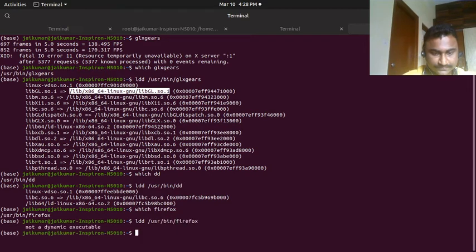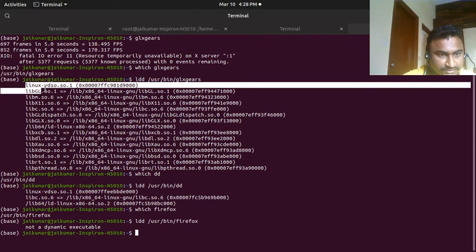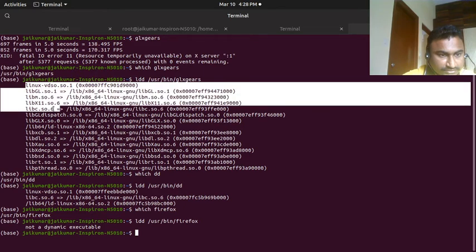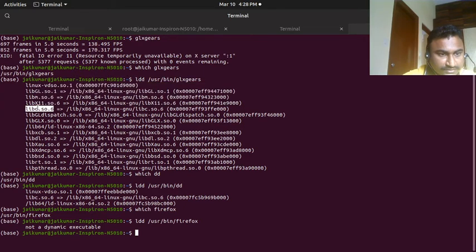It's not a dynamic executable. I think it's a script. Okay, forget about this, just focus on this. Instead of the GNU library, it is using this. Definitely it should use it, I don't know why we are not getting this. This is the one we are using, libc. This is the glibc library.